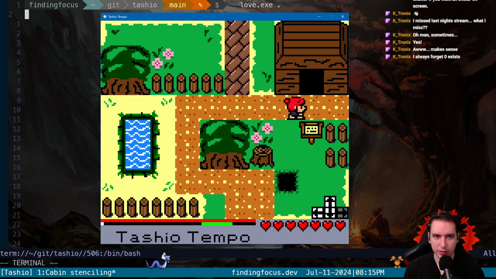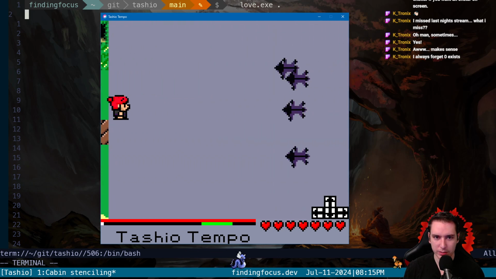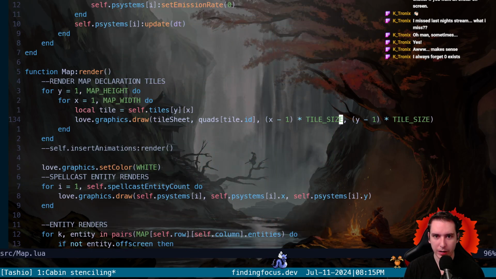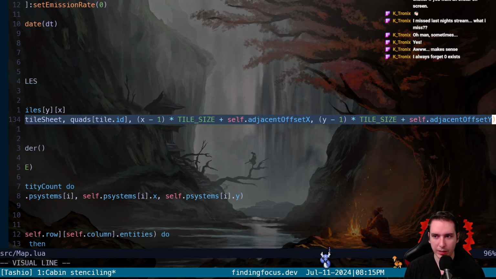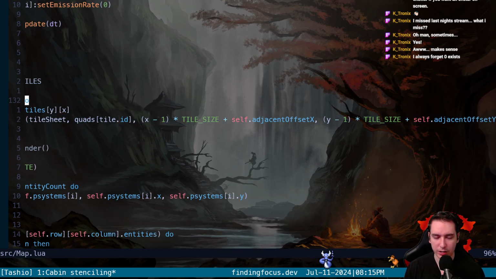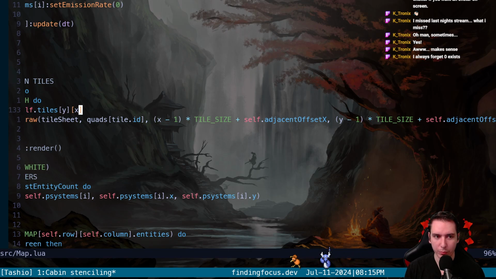So it looks like it draws them normal. Ooh, okay, so yeah, it is for the transition. It has to know how to draw when they're transitioning. So once we're transitioning, we get an adjacent offset that gets changed over time. So we have to move those so that the current map will scroll off, or the new map will scroll on rather,